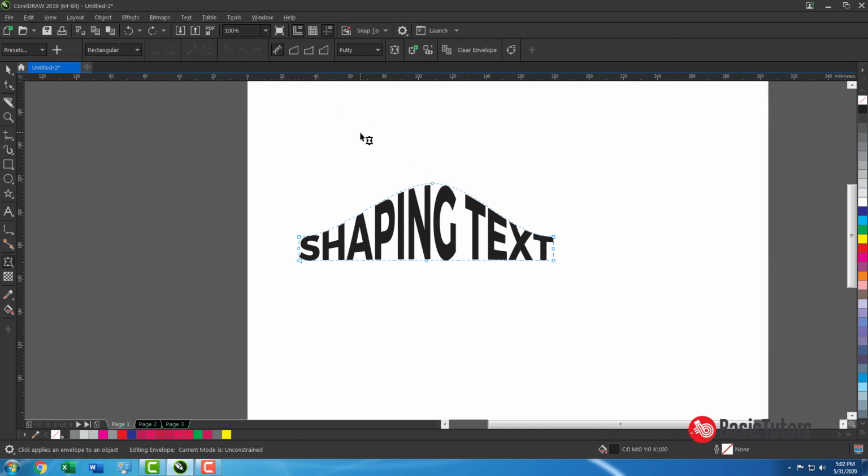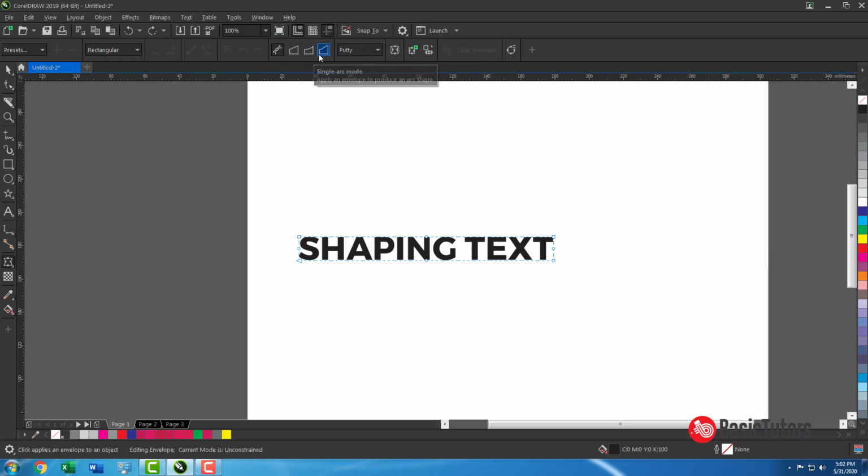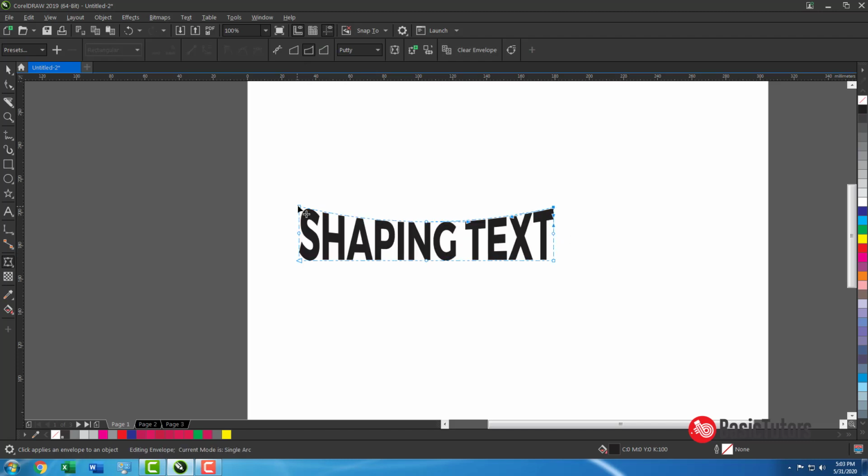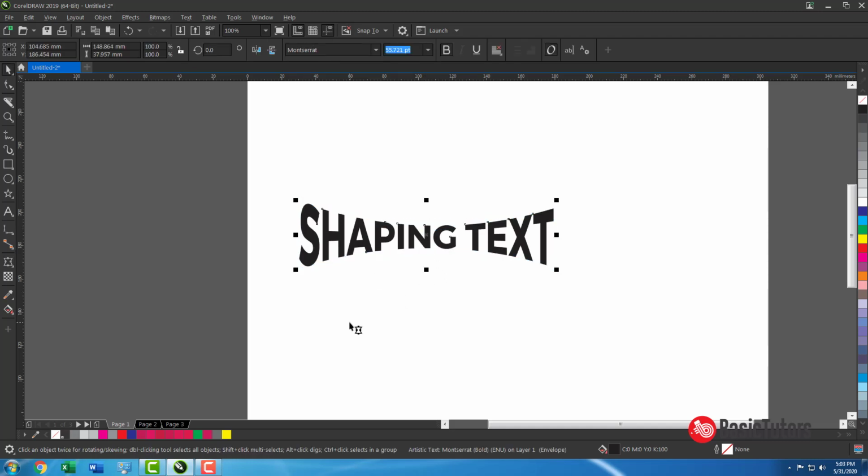Okay, also there is a single arc, double arc, flag like thing, and then our shape changing from original or putty. Different things are there. You can set from original, you may see the real difference. Okay, this is about the envelope tool.